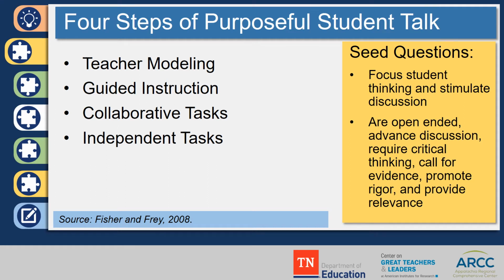The first step in purposeful talk is teacher modeling, which demonstrates to students how to hold a discussion around content. Do not assume that students know how to hold content-based conversations. Modeling involves an I-do-it approach, in which the teacher sets the focus of the lesson during a 10 to 15-minute discussion, providing topical information and emphasizing certain content in addition to using select strategies, such as demonstrating how to summarize